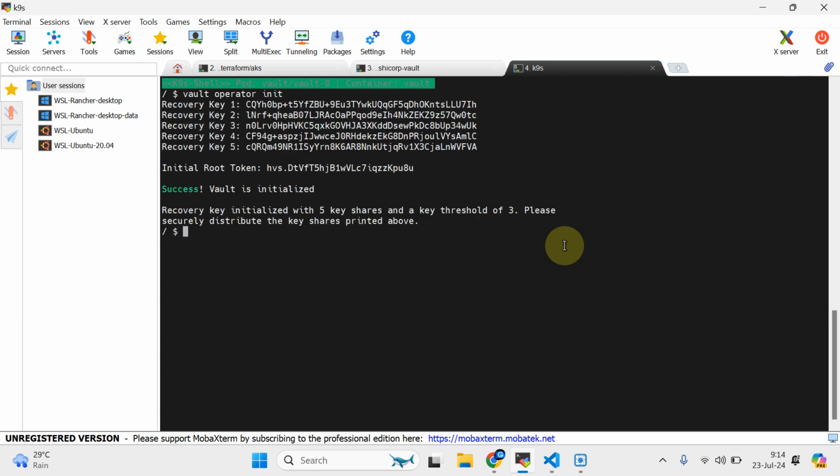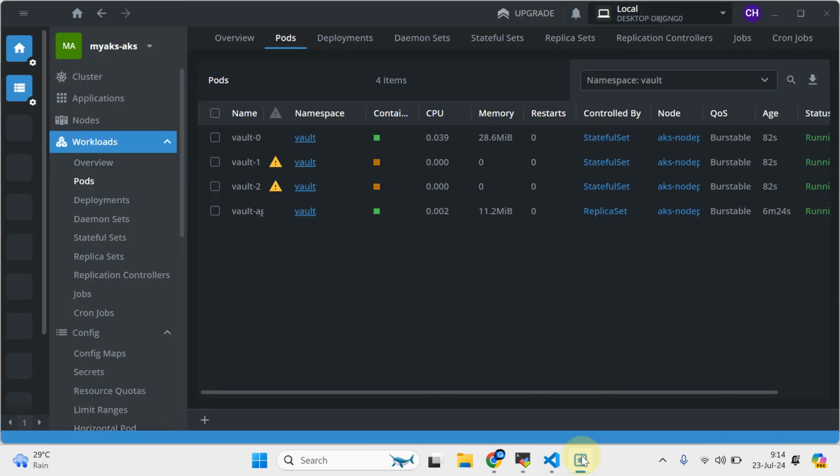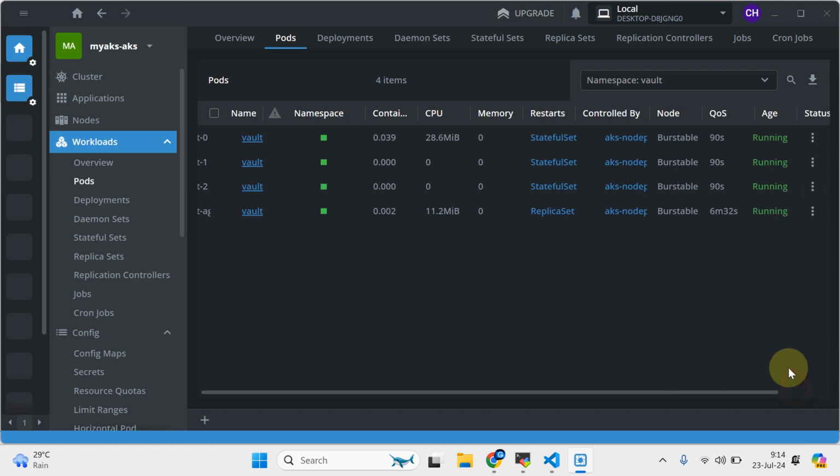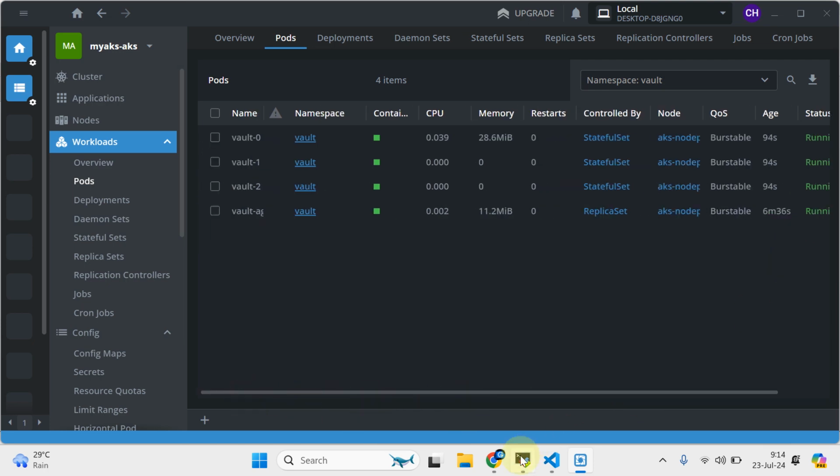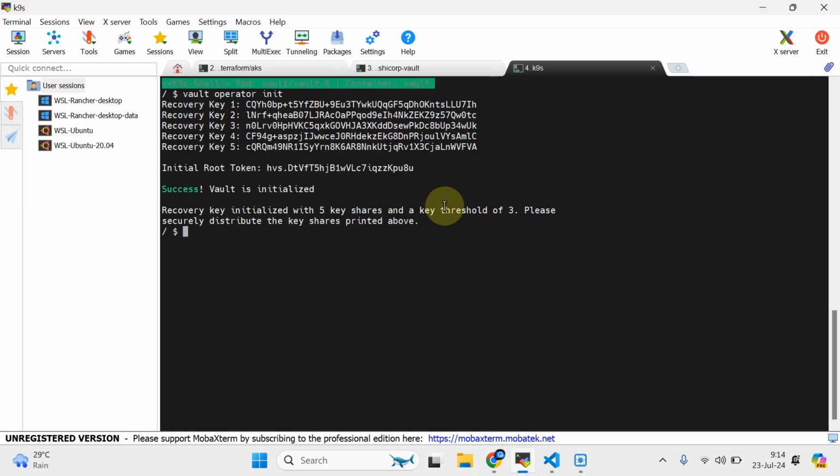You see, so guys, vault is initialized, and now what happened? You see, all other guys are in running state. So this is called raft mode, right? And you just need to make sure. And then I'm going to do